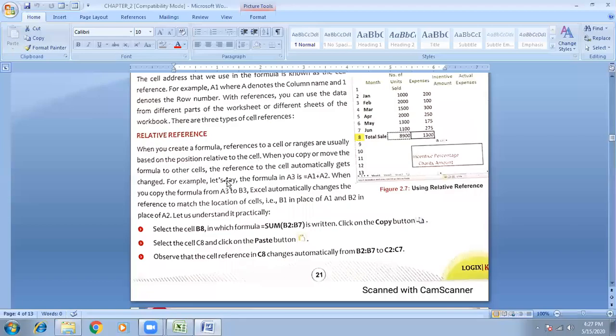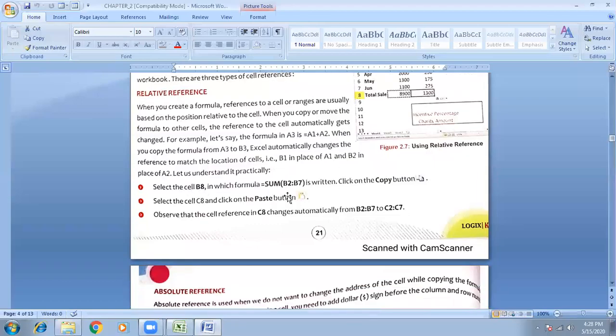For example, let's say the formula in A3 is equal to A1 plus A2. When you copy the formula from A3 to B3, Excel automatically changes the reference to match the location: B1 in place of A1, B2 in place of A2. Let's understand practically. Here, select the cell B8.